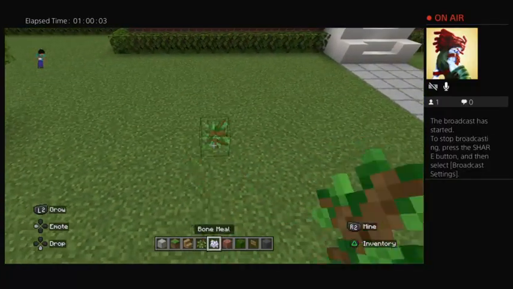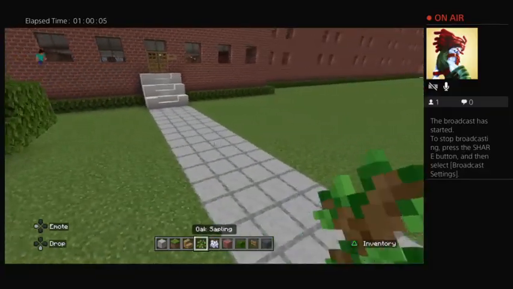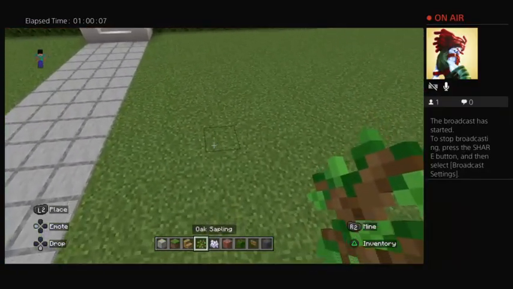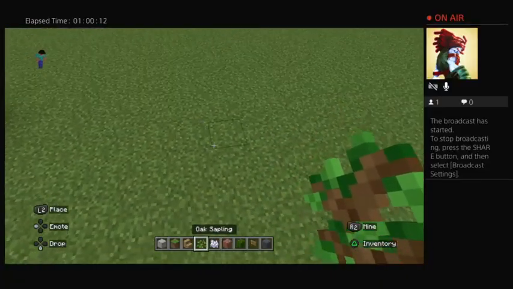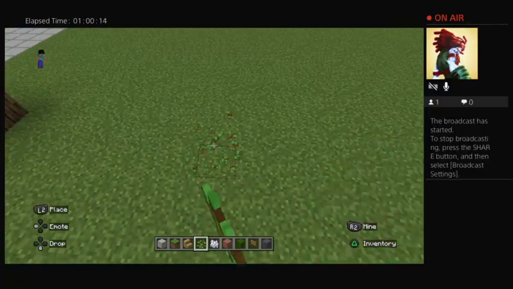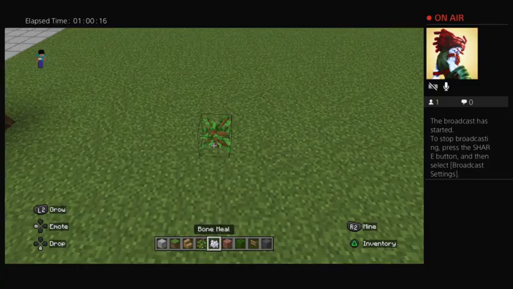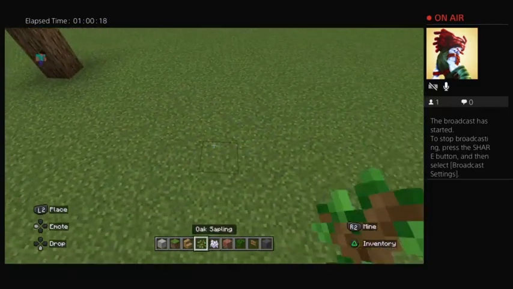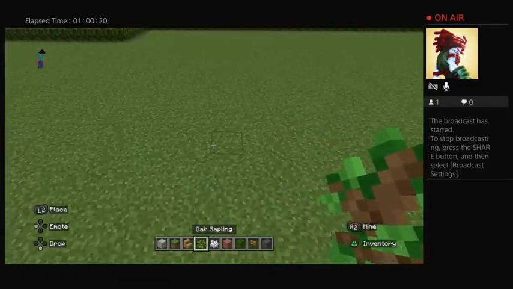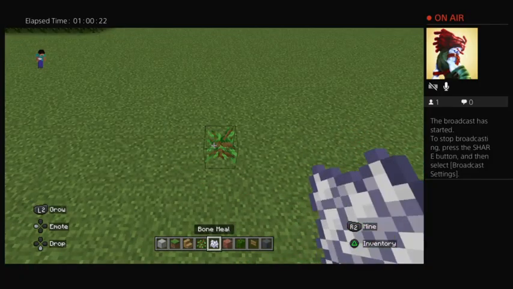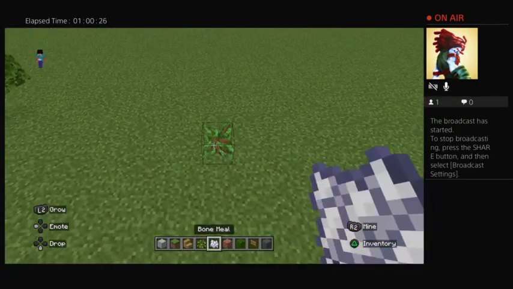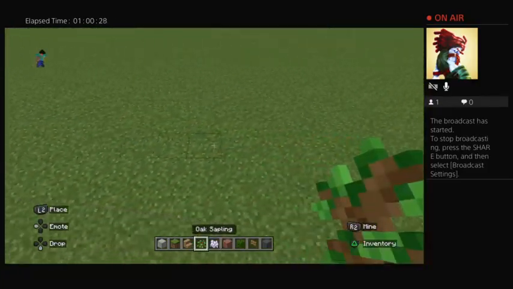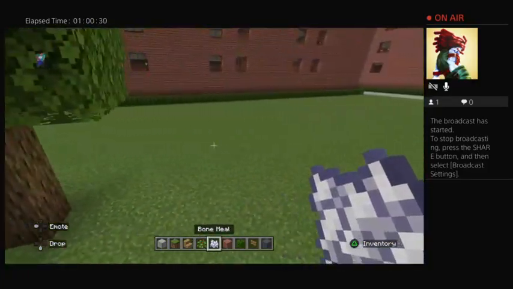By placing... you ready for this? We're going to use a whole bunch of... Can't talk today. Bone meal. We're going to bone meal the entire inside of our